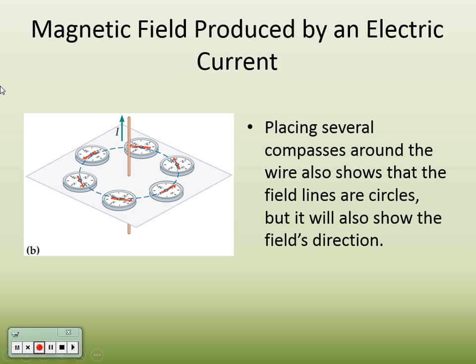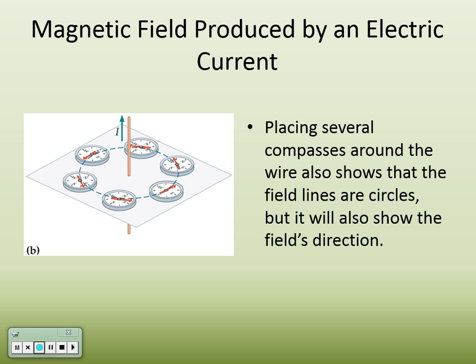But when we put them around a wire that is carrying current, and you can see here in this picture, there's a wire that comes through here, and there's an arrow that's labeled I, and we know that I represents what? From the last part of our unit, current. What represents voltage? V, yes. Okay. So, when we have current flowing through this wire, these compasses no longer all point towards